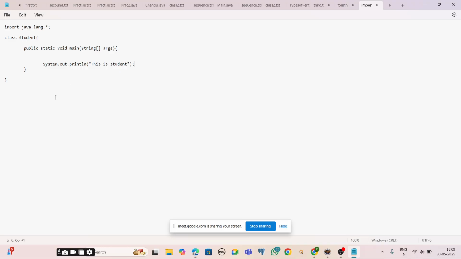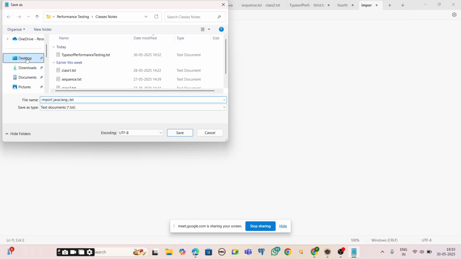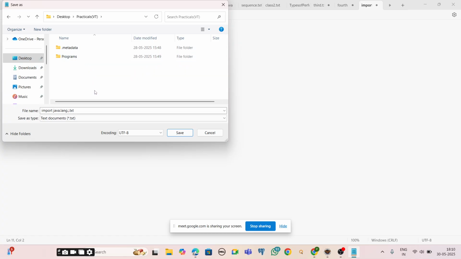So I wrote the program. If you observe, the class name is Student. Let me save it with a different name. I'm saving it inside my desktop, and let me give a name other than the class name, something like main2.java.